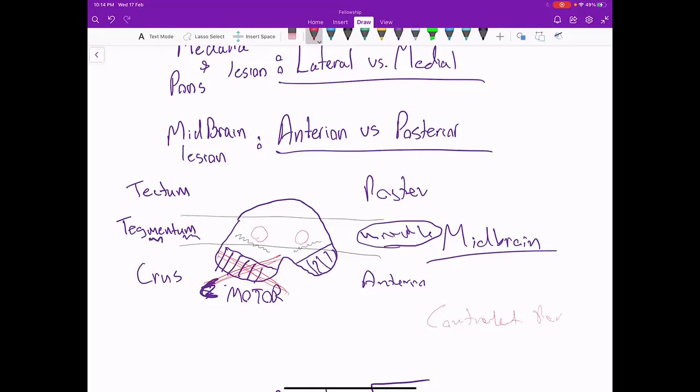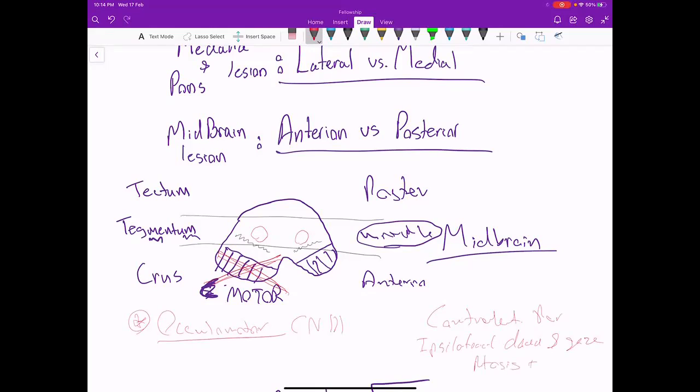Okay. And in the midbrain, you're always going to have damage to cranial nerve 3. Always. Whether it's Weber or Benedict or whatever, you're going to have oculomotor damage. So you're going to have contralateral paralysis of the body and ipsilateral down and out gaze, which I explained, and